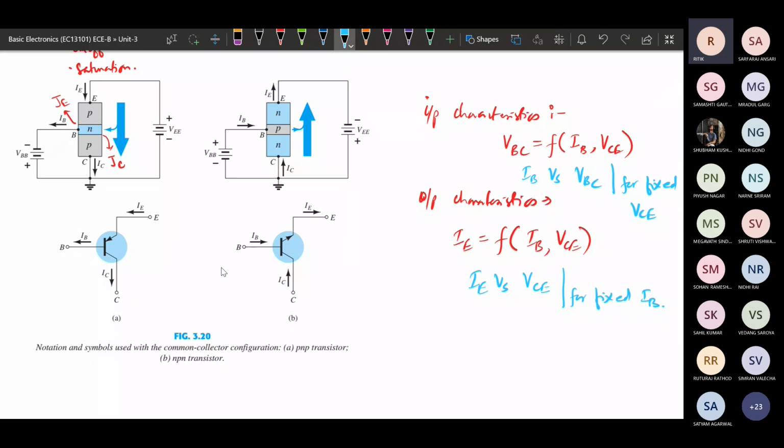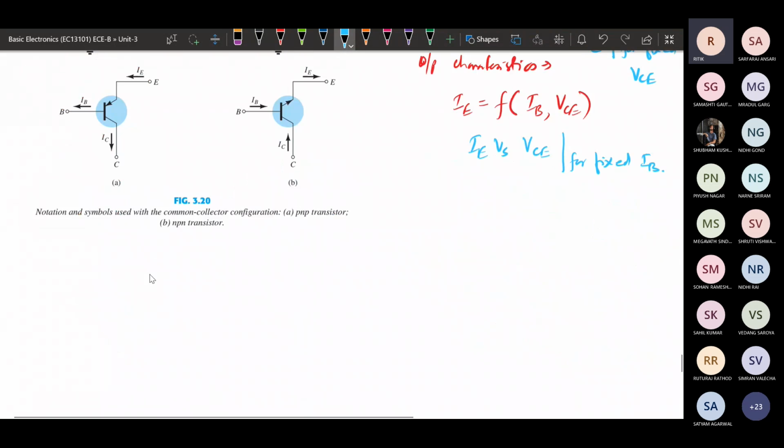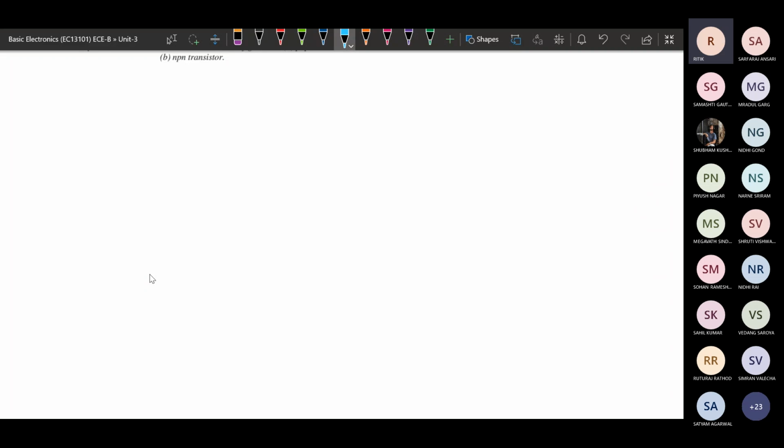So we will go with the symbolic representation. Okay, so same, we will be having the symbol. This is the symbol of PNP, and we will be biasing accordingly. We will be biasing such that the emitter junction is forward biased and the collector junction needs to be in reverse bias. Okay, that is our motive once the transistor is going to be working in the active region. Similarly, if it is cutoff mode and saturation mode, the similar configuration will be there. Okay, so how the current will be derived we will see.